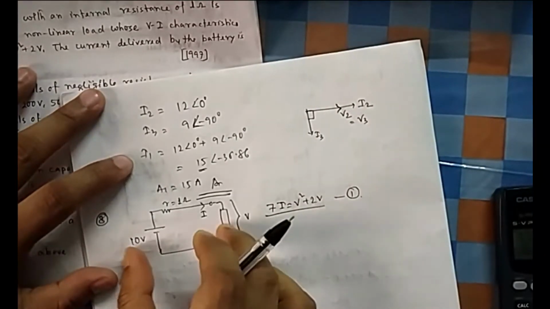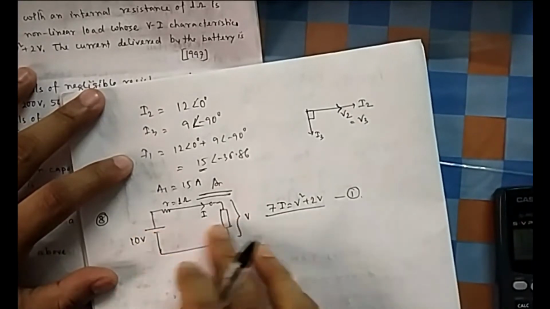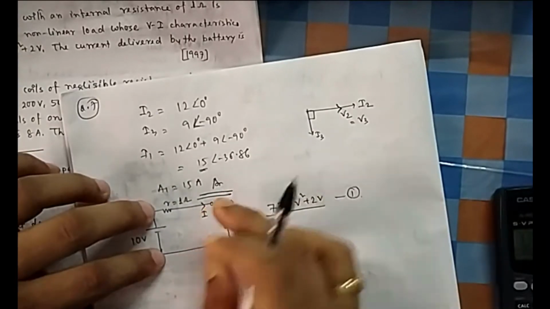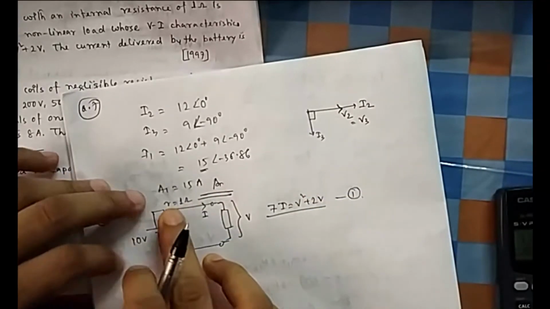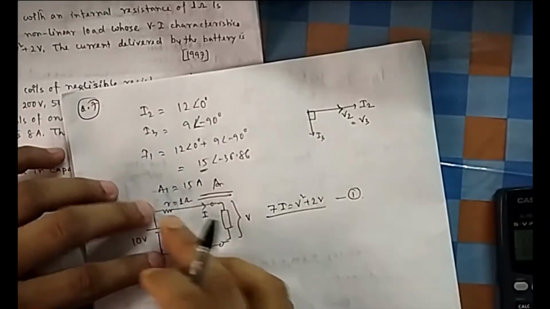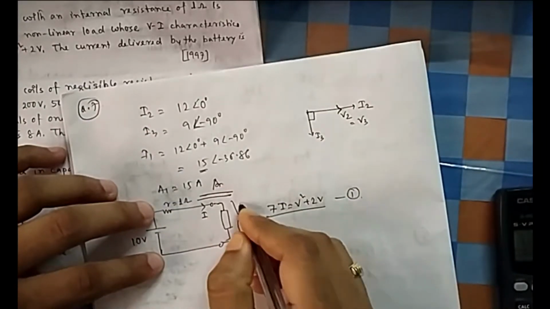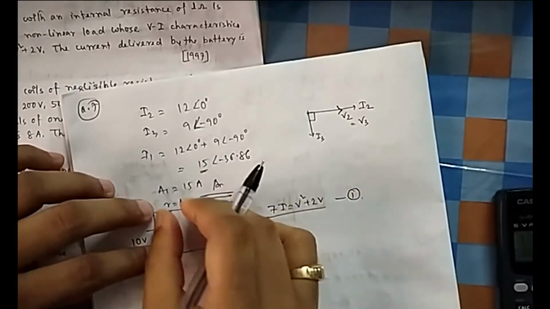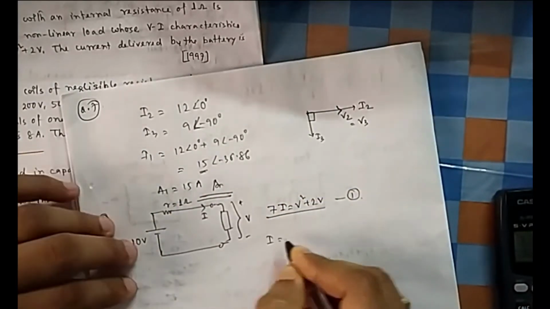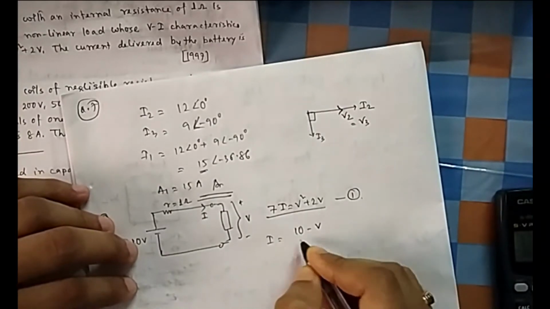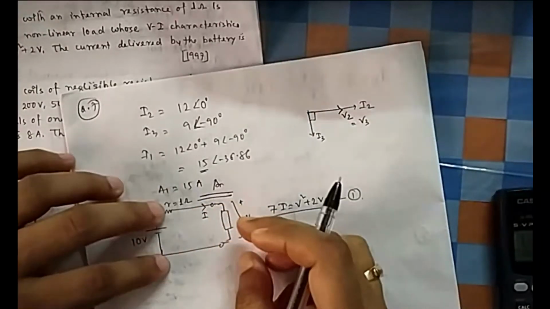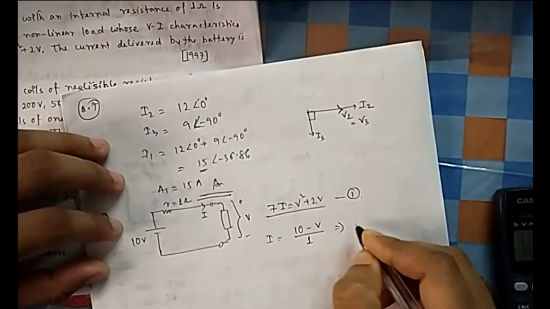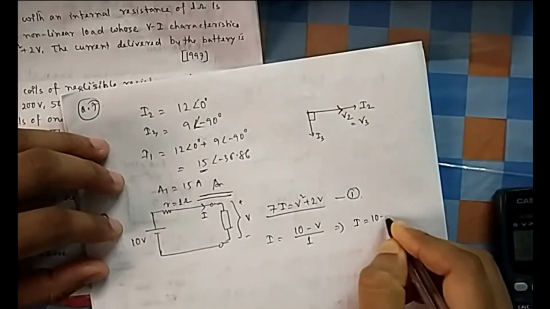Now you know from the normal circuit analysis also you can find the current I, because if you know this voltage, what is this current? This voltage minus this voltage divided by resistance. What is the voltage across R? 10 this side, and this side it is V. This is plus, this is minus. So 10 volt minus V volt is the voltage across R. So what will be the current? 10 minus V is the voltage across R divided by resistance. So this represents I equal to 10 minus V.